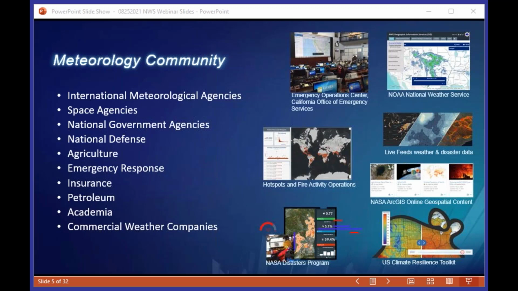The Esri platform enables collaboration between these sectors and the meteorological agencies serving up this critical data and creating workflows to improve processes, protect lives and property, and enhance growth. Some of these examples are going to be shown today.